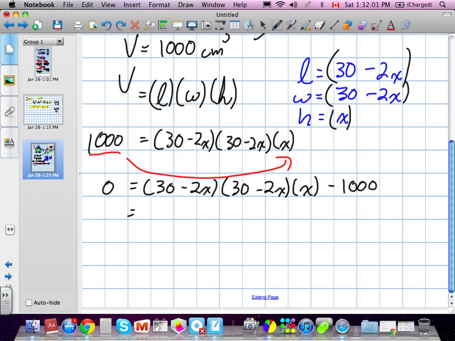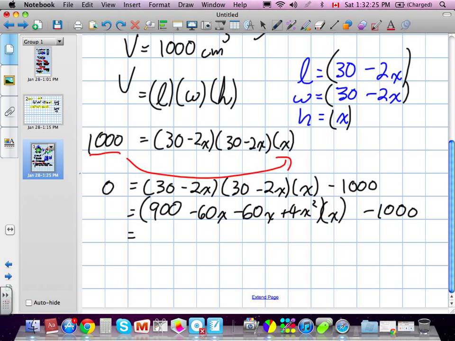Obviously, we're going to have to FOIL, so I'll quickly go through this. This is going to give us 900, 30 times 30. 30 times negative 2 is negative 60. I'll go one step at a time for you. Minus 60 again, which is negative 2x times 30. Negative 2x times negative 2x is positive 4x squared. Still needs to be multiplied by x minus 1,000. These are going to be a negative 120x, but when we distribute the x, we're going to have